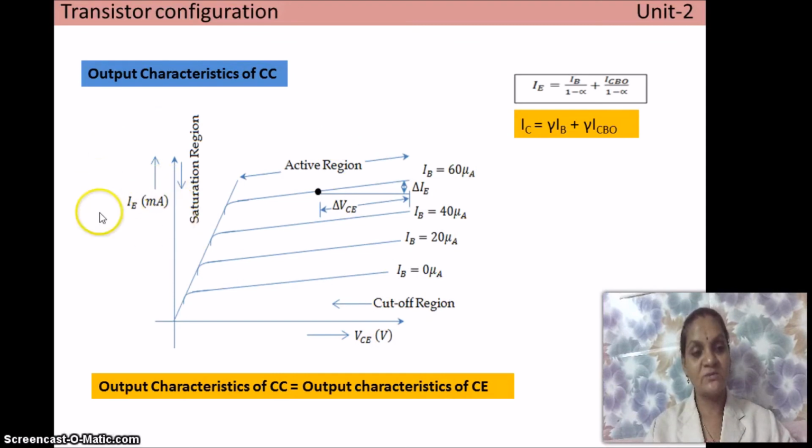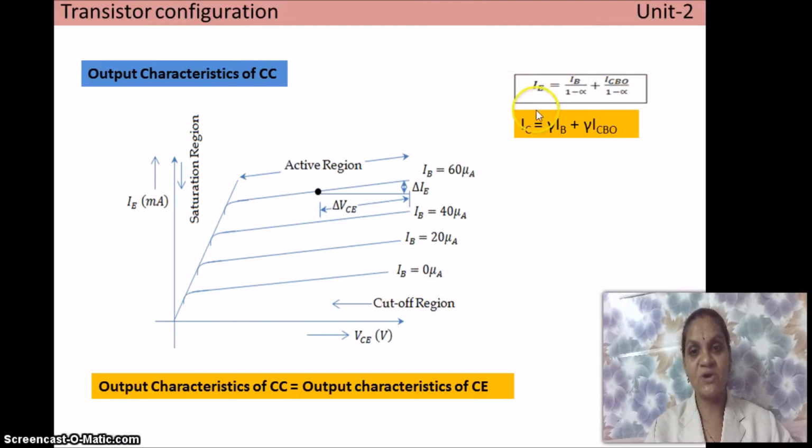Right? So even though the y-axis differs, why am I saying these two characteristics are the same? This is because we know that at any instant of time in a transistor, collector current is approximately equal to the emitter current. So on the y-axis, instead of emitter current, I can take collector current and get characteristics very similar to the output characteristics of common emitter configuration. So while writing the explanation for this characteristic, you can write the same explanation as in common emitter output, with the only difference that wherever you use IC there, here you replace it by IE.